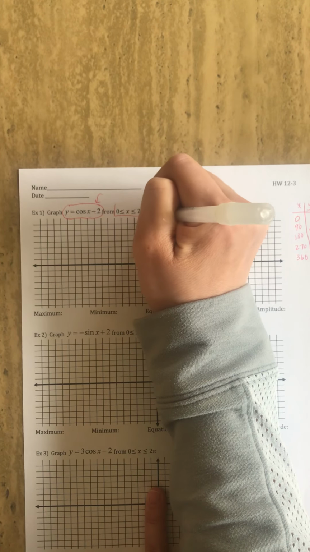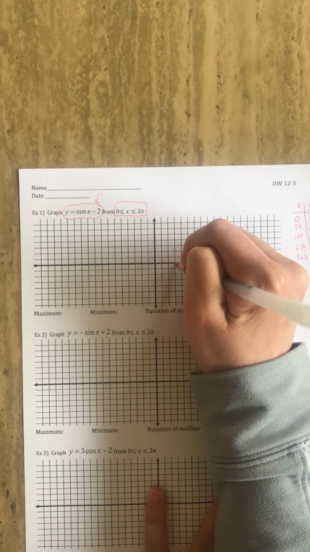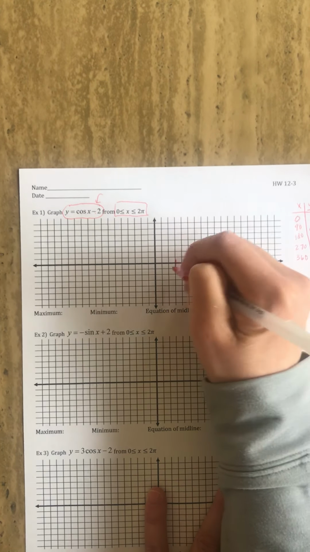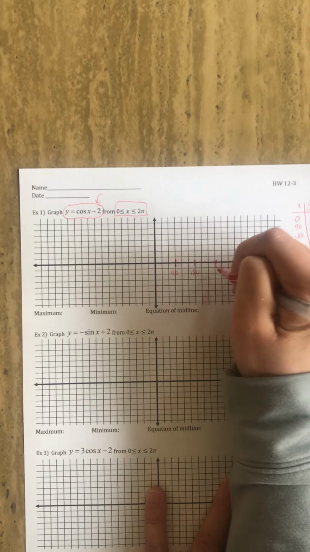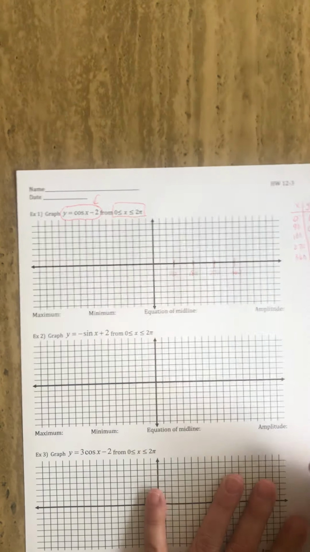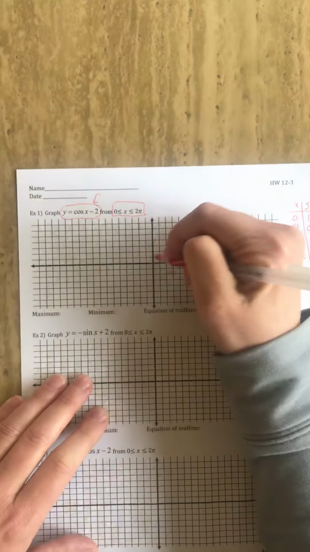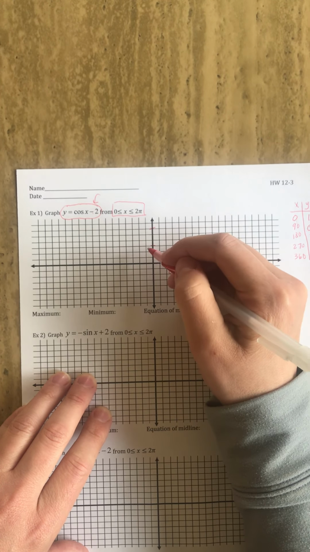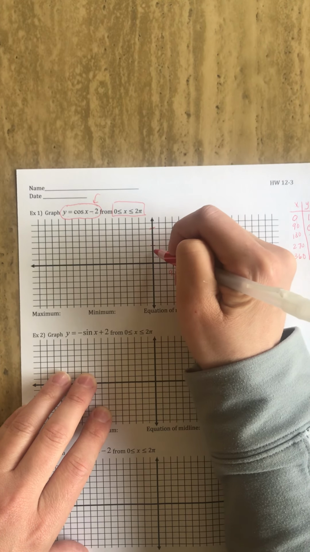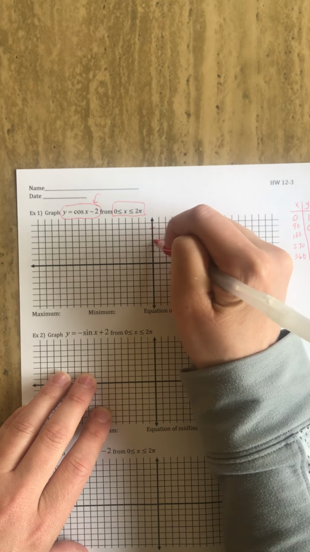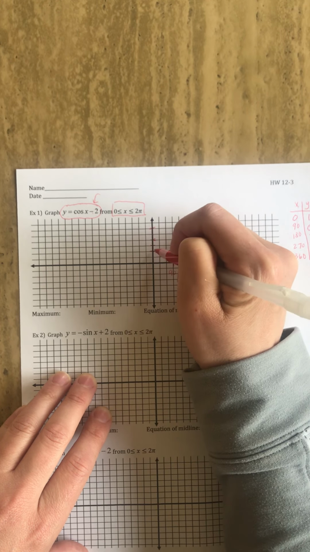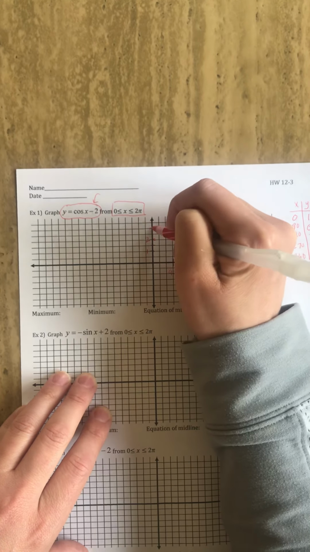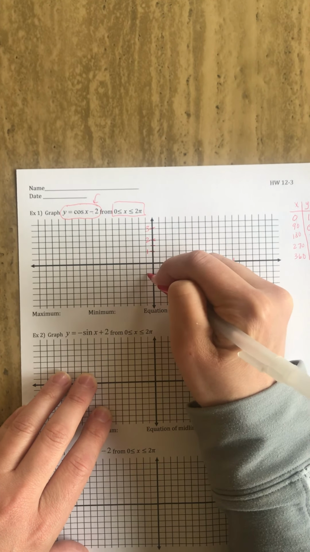Here we're going to be focusing on from 0 to 360. We have 90, 180, 270, 360. All right, so I'm going to go up by 2s. 1, 2, that's going to be 1; 1, 2, that's going to be 2; 1, 2, that's going to be 3, 2, -1,